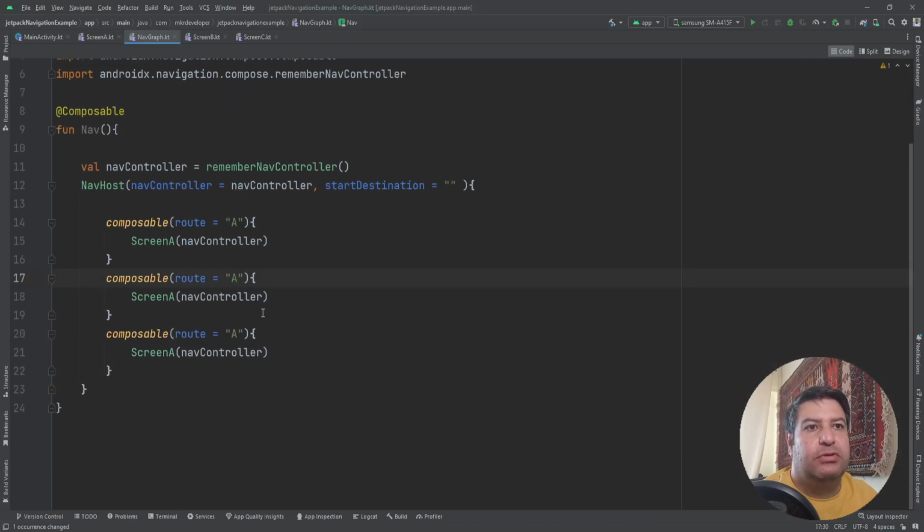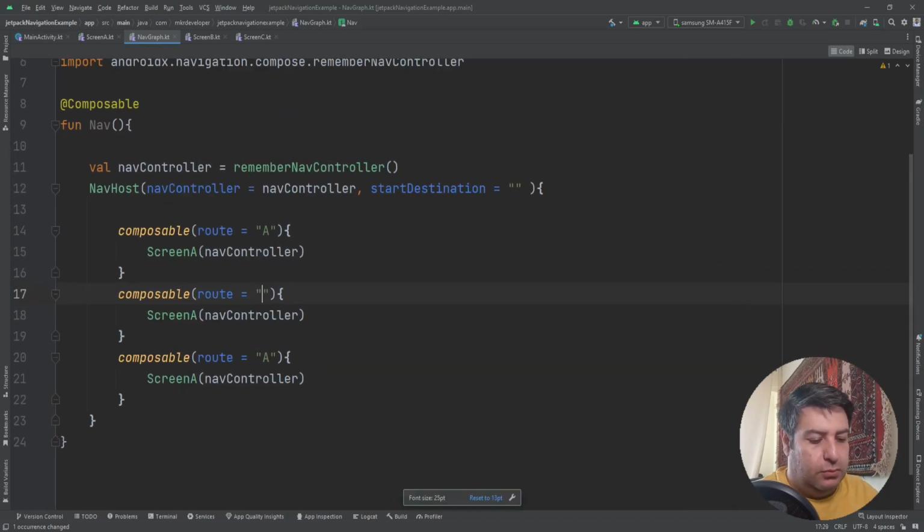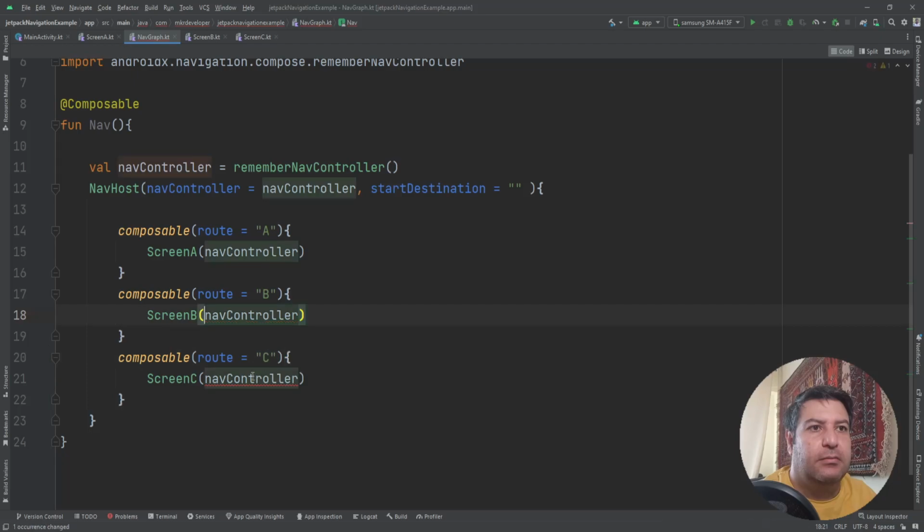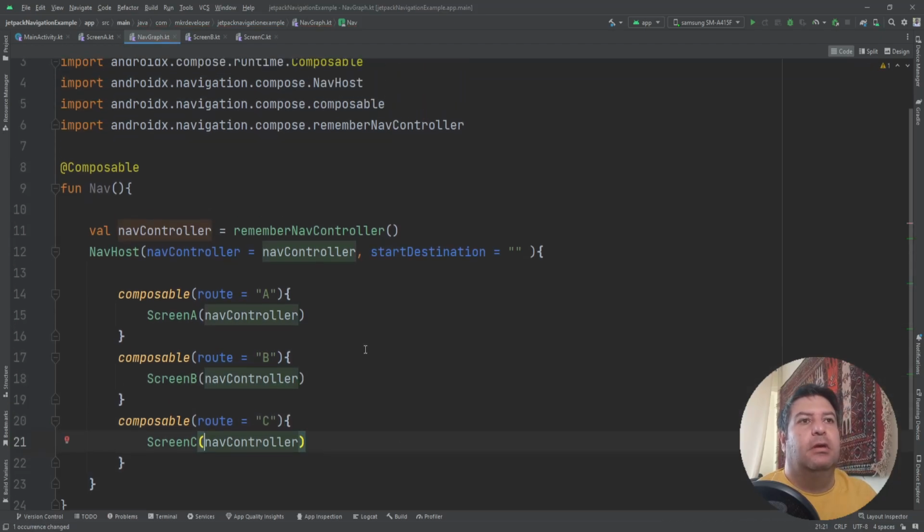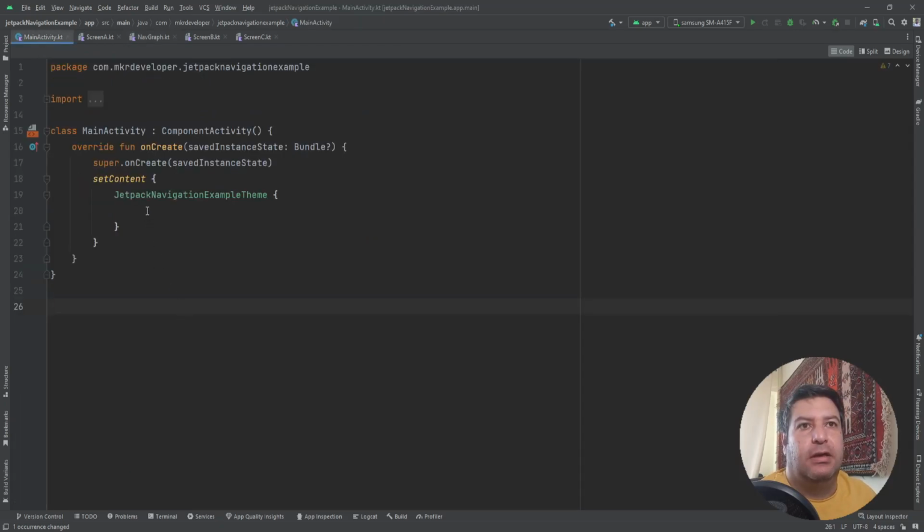Then I'm going to change these names to B and to C, and here the same, to B and to C, adding them. Okay, let's go to the main activity, and here I'm going to call the function nav,